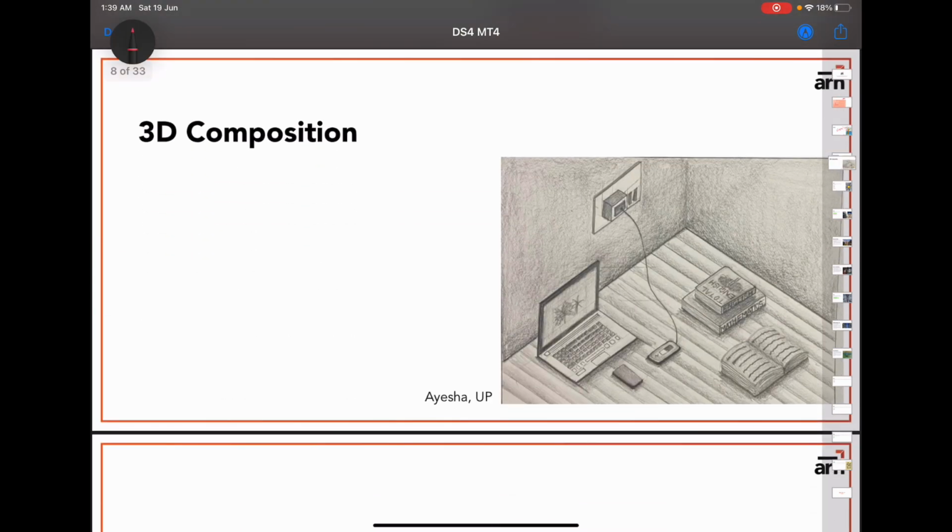Then we have this one from Aisha. So I think this is a very good example of 3D composition. Only thing is again, a lot of space is being utilized in something other than the composition. So if the size of the elements, अगर वो थोड़ा सा बड़ा होता, it would have been much better. But nonetheless, very good finishing level, very good execution as well. Textures are added, very nice detailing. So I think out of 50, this would go around 28, 29. Good work. You have been doing very nice work, very good improvement in your drawings as well.